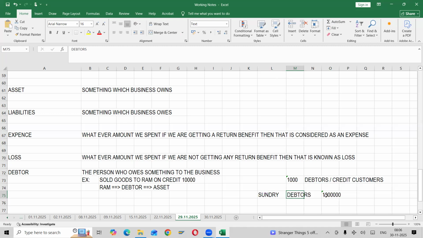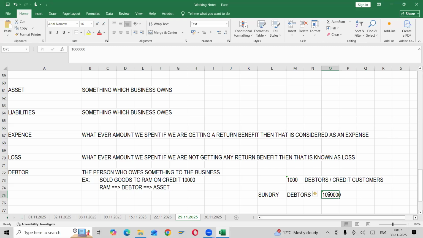So whenever I say 10 lakhs and sundry debtors, what does it mean? If I only write a debtor, it is considered one debtor. But when I prefix it with sundry, it is not from one debtor. We need to receive from a number of debtors. Is this clear, everyone? Sundry expenses, what does that mean? Group of expenses. It's not one expense, it's a group of small expenses.